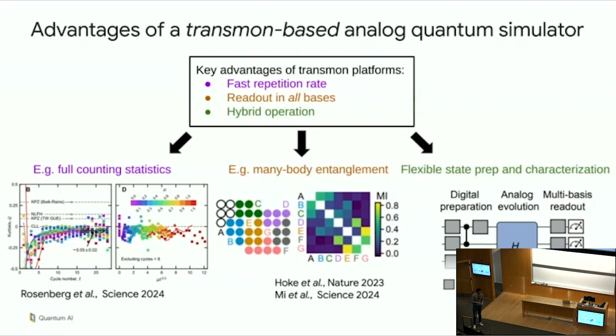And I actually want to take this second point here even a bit further, because really what we have here is a quite easy access to a hybrid analog-digital operation, where you can sort of get the best of both worlds. You get the very fast evolution of the analog, but then you can also get flexible initial state preparation and extensive final state characterization with the digital part of it. And you'll see a lot of that throughout my presentation today.